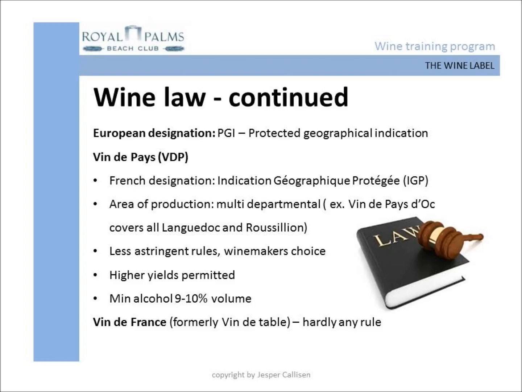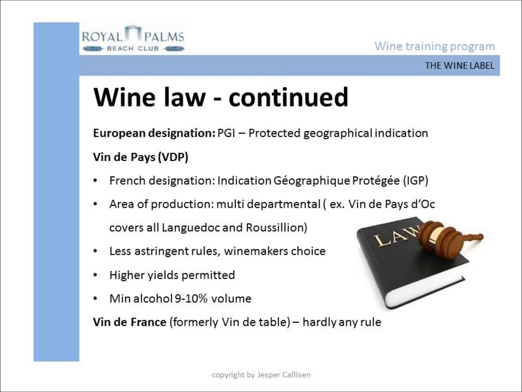Many AOC producers declassify some of their wines to the PGI designation. This is done when producers make wines which are not allowed by their PDO laws. Generally, PGI wines are of a lower quality, but often better value for money. A few PGI wines sell at super premium prices, so do not judge PGI wines until you know what you have in front of you.